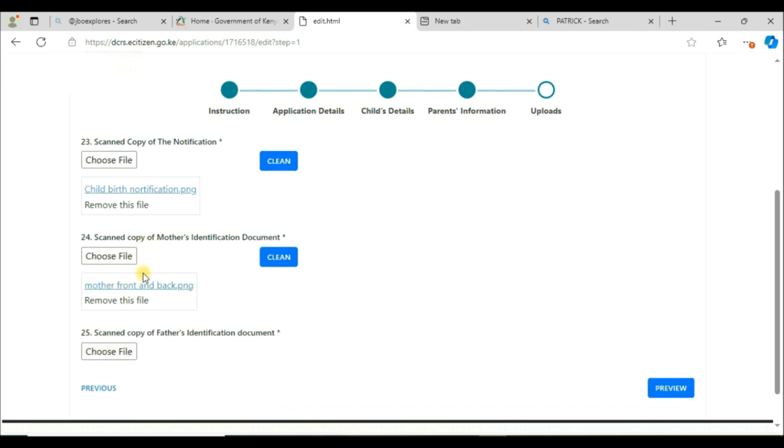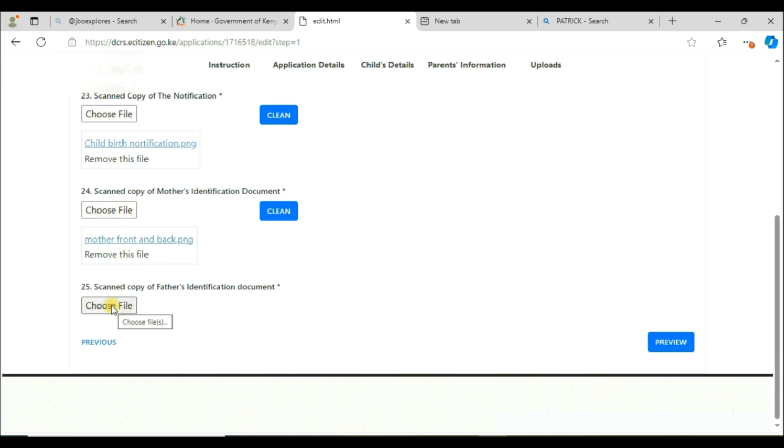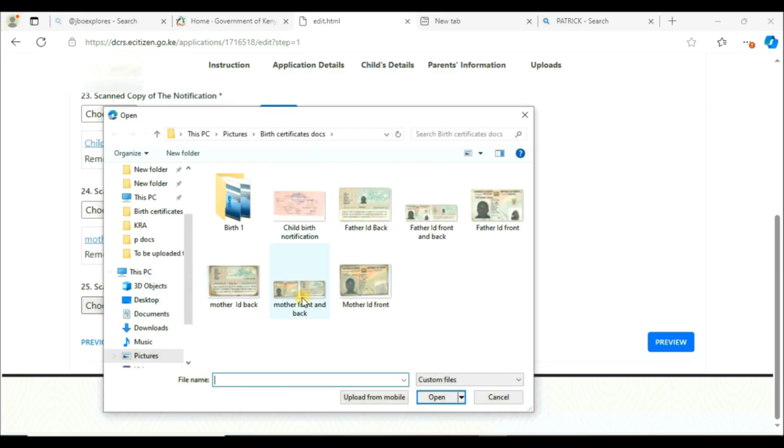Wait, okay, it has appeared here. Scan copy for father's document, click choose, and select father's document. You see, like here. And another thing, for those documents, for convenience, at least I recommend you to